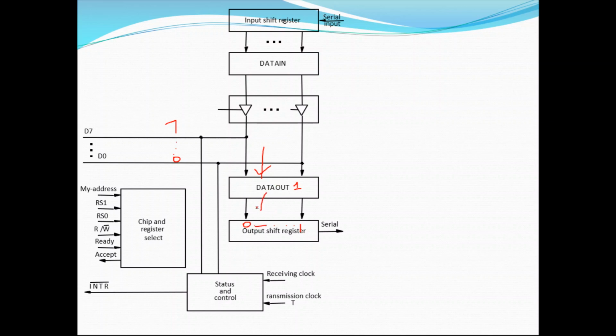The shift register will then shift out 1 bit at a time, so it is called a shift register. The output shift register is going to shift out 1 bit at a time.